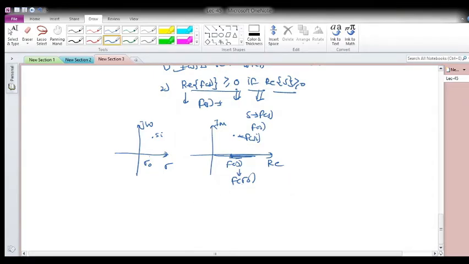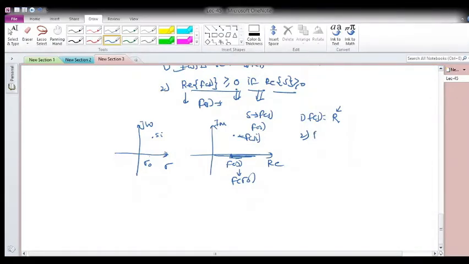Okay, example: suppose my f of s is R. It is obviously a positive real function because f of s is real when s is real, and also R is real and positive, and if f of s is an impedance, then R is a resistance. That's why it is simply PRF, because this is only the real part, which is obviously greater than or equal to 0.